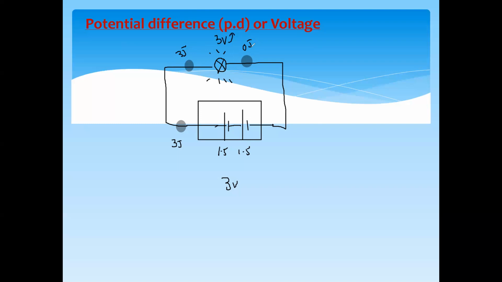So the energy transferred by 1 coulomb of charge is known as potential difference, or you can also say voltage. Voltage can be used for EMF also, and voltage can be used for potential difference. Potential difference is a common term which can be used for both, but there is a difference from EMF. The term EMF means when chemical energy changes to electrical. When electrical energy changes to another form, we call that potential difference.